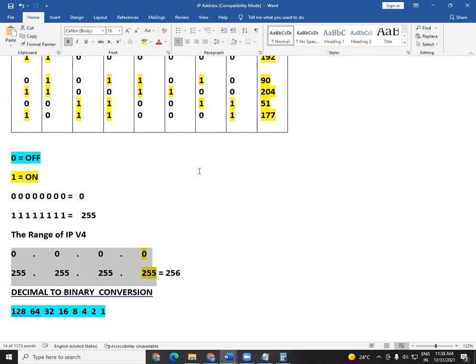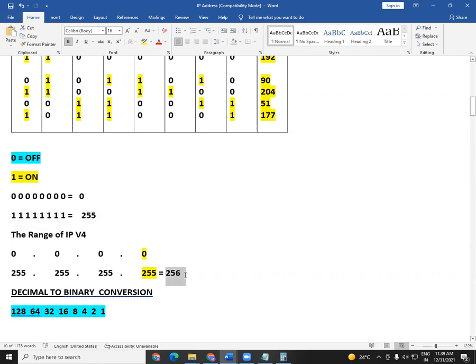So when I told you 192.168.275 is an incorrect number, why can I say 275 is incorrect? The reason is there are totally 8 bits. If all the bits are zeros, then it will be 0. If all the 8 bits are ones, then it will be 255. So the concept here is the numbers are between 0 and 255 only. You cannot use a number that is above 255.